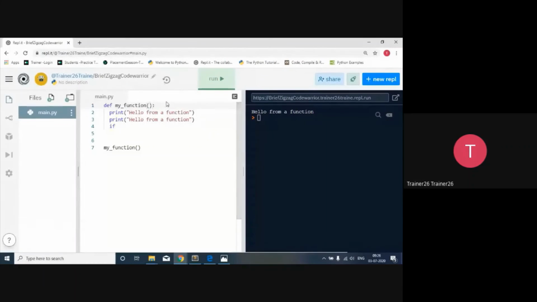So x equals 5 and x is less than or equal to 5. When we start an indentation, we say print equal. So now this definition of the function is starting with this indentation.